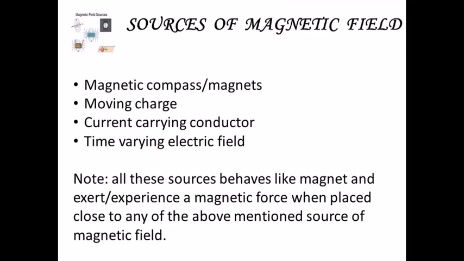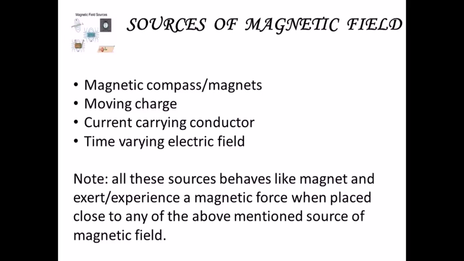We are going to spend a little more time on this topic. So our next topic is the sources of magnetic field. What are the sources of magnetic field? I just told you that all those substances that experience magnetic force are, in a way, sources of magnetic field also. The magnetic compass and the magnets we are all aware of. Moving charge is one example we have to study in detail. Current carrying conductor, yes, it is there. One more point is there that we'll be spending some time on in the next chapter,